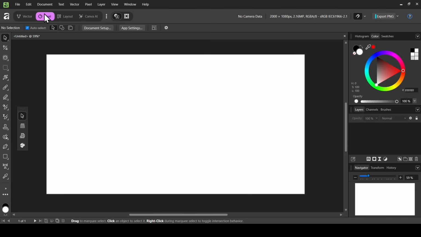So I am on Pixel Studio. I have already created my image. The width is 2000 pixels and the height is 1080 pixels. So now in order to create a diagonal image gallery, the first thing I need to do is to create